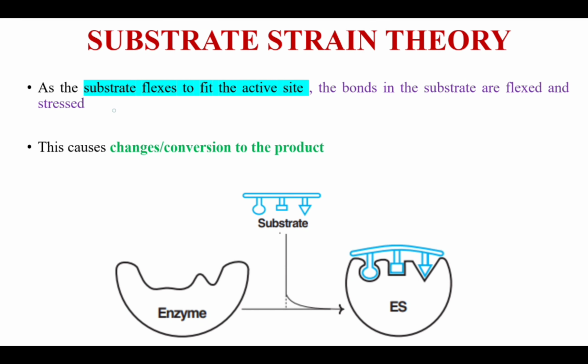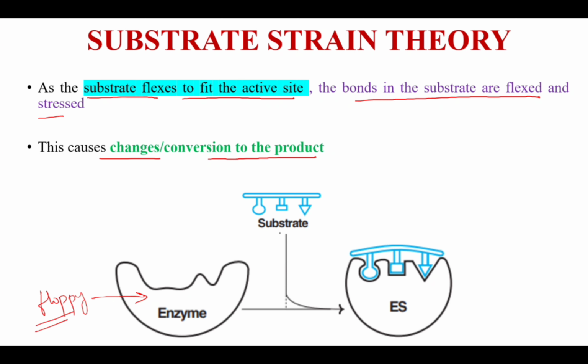Next is the substrate strain theory. In this, as the substrate flexes to fit the active site, the bonds in the substrate are flexed and stressed, and this causes its conversion into the product. Here the active site of the enzyme is floppy, and to fit into this active site, the substrate will undergo some strain,